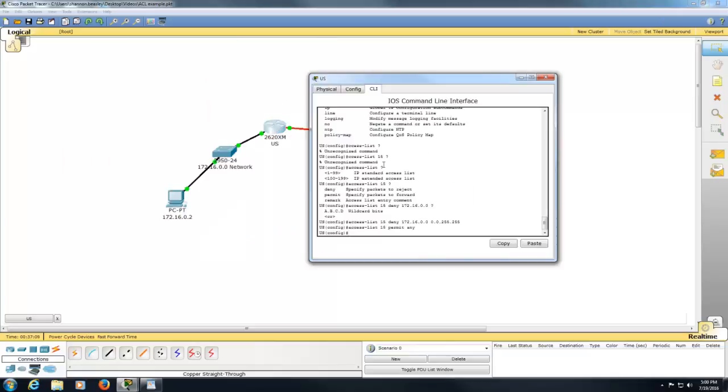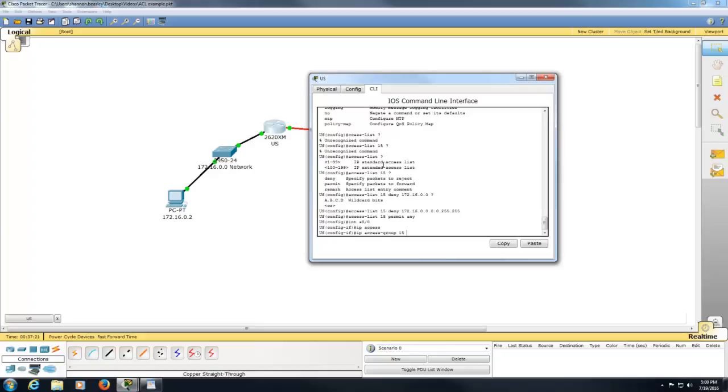Well, what if I come in here and I say, let's go to interface S0/0, IP access group 15 out. In other words, I want to take this access list and I want to look at it on this port right here, S0/0, when traffic is going out. So in other words, any traffic coming from 172.16 that goes in this router will get denied going out past